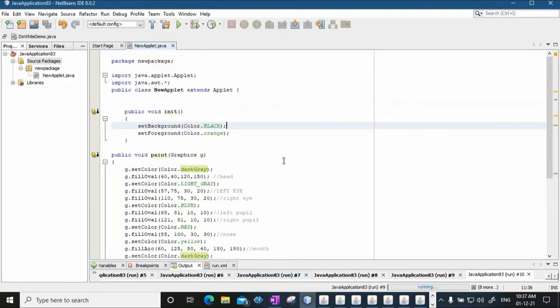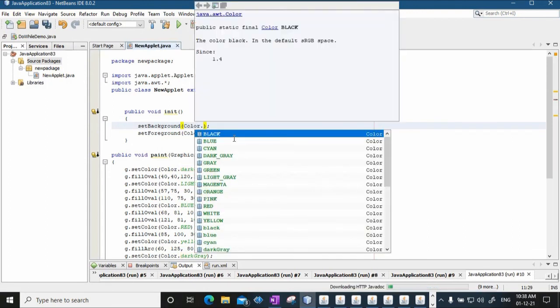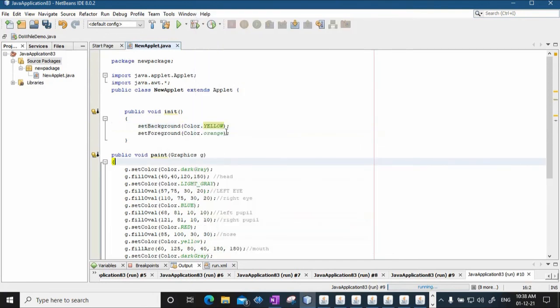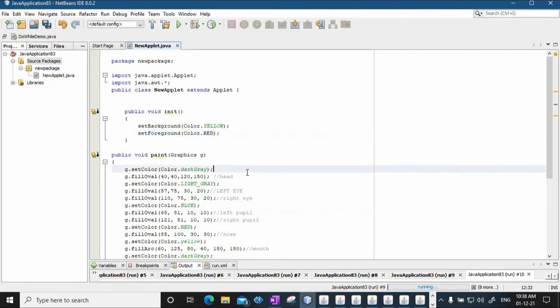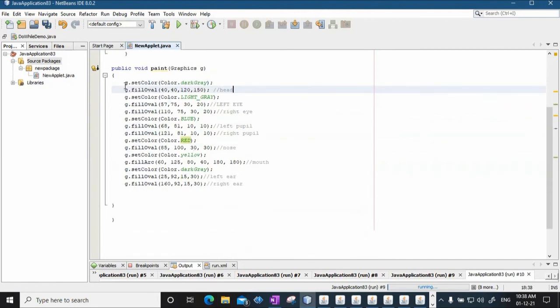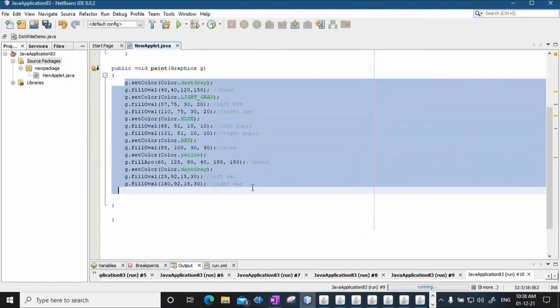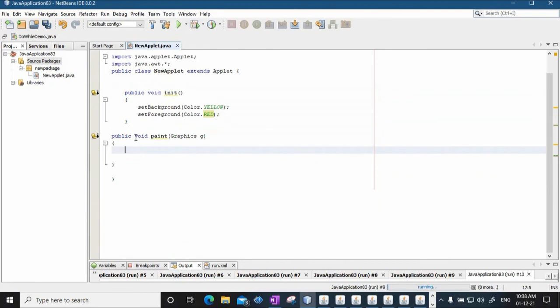I will be inserting the same values in my program, and I will draw the graph. So this is my original applet, and I will just change the applet. I am setting the background color to, let's say, yellow, and let's say the foreground color, that is the color of the line that we are going to see, is red. Fine. And I will have to change the code in this particular paint method.